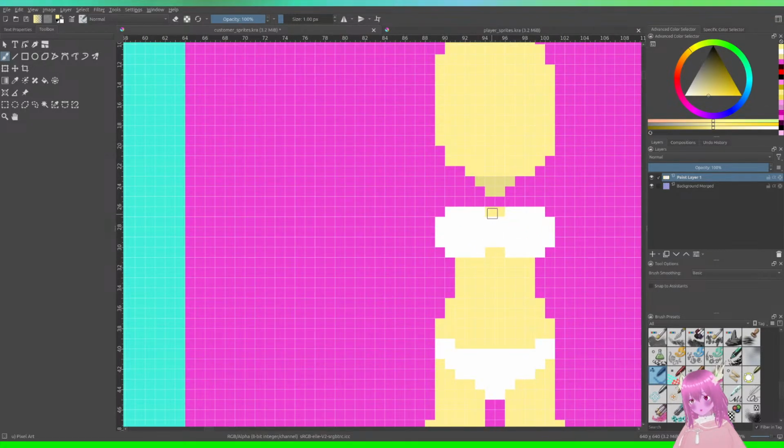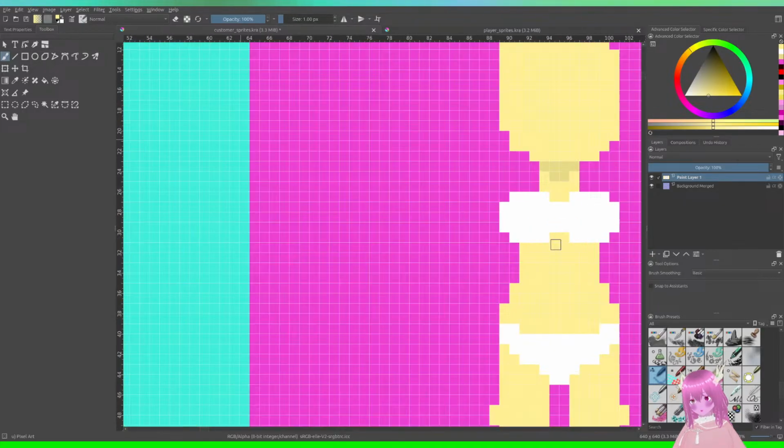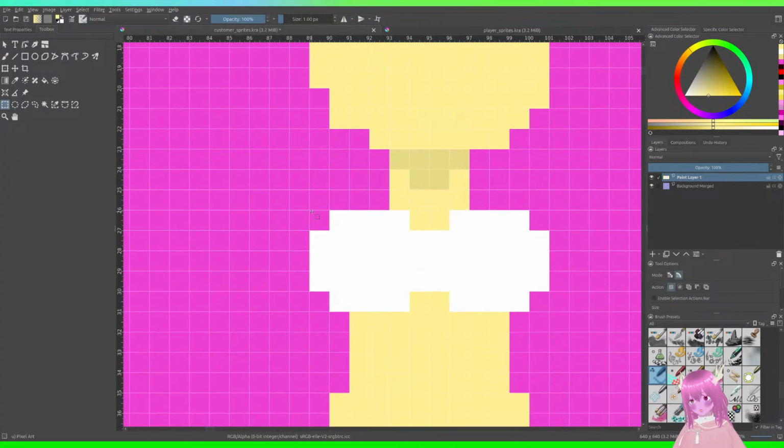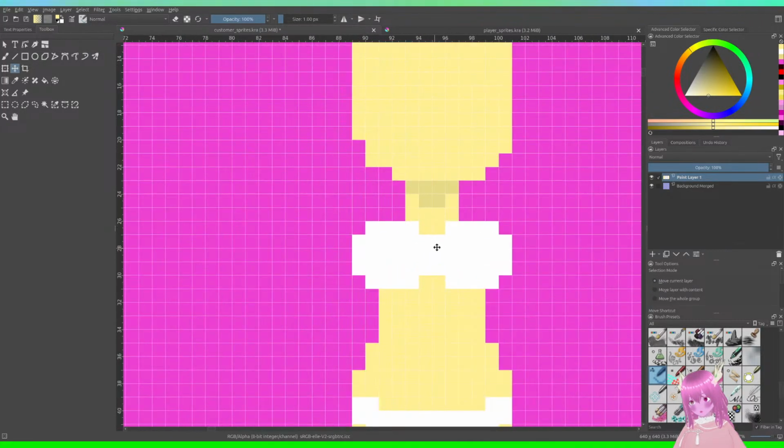Oh. Whoops, what am I doing? Honestly, I think I may have to shift this over a little bit. This part. Maybe? Do I?